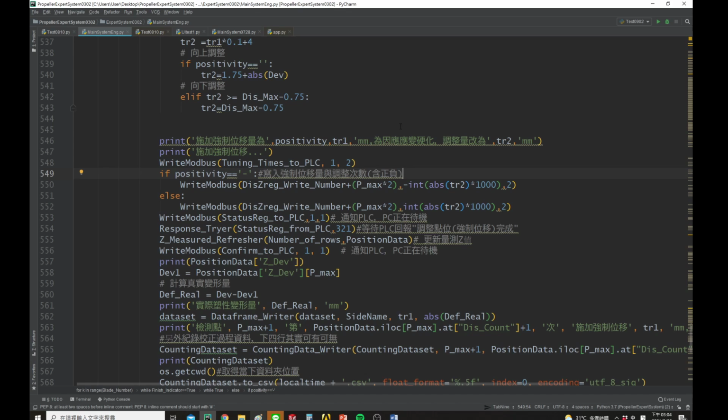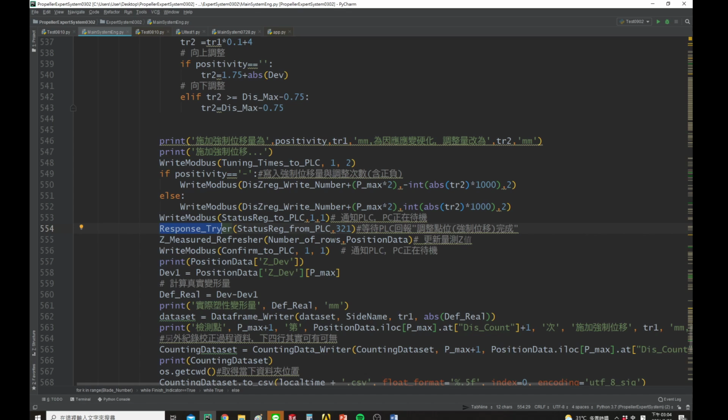So we write the register with the positivity and the displacement value at the same time. And then we wait for the machine, because the machine goes to tune the plate, and we wait for